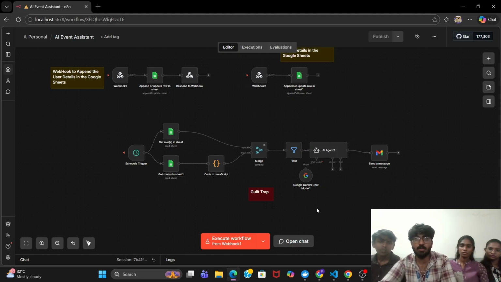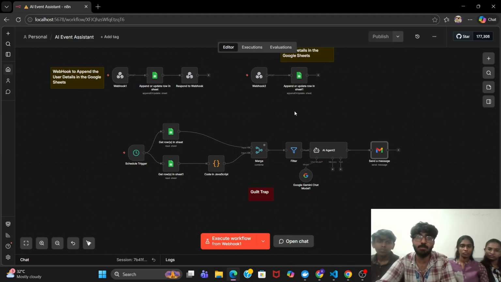So if the registered count of a certain event is more than 30 or more than 40, it'll actually send an email to the person who's interested in that field of event. Say I'm interested in coding and technology, and there is another event being hosted with 40 or 50 participants. Based on the AI, based on coding technology, it immediately sends me a mail that you haven't registered for that event, but